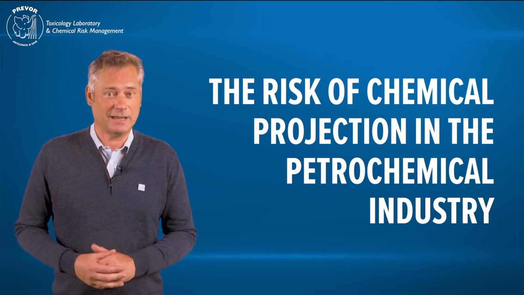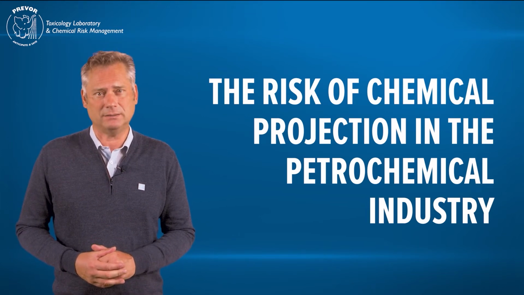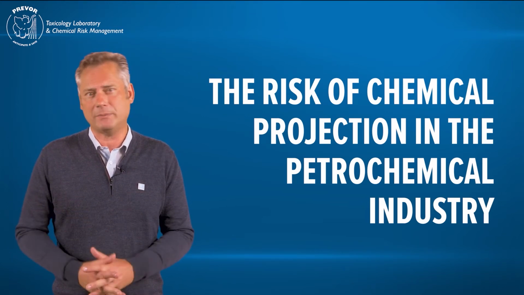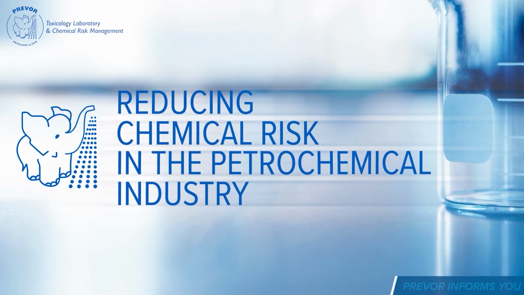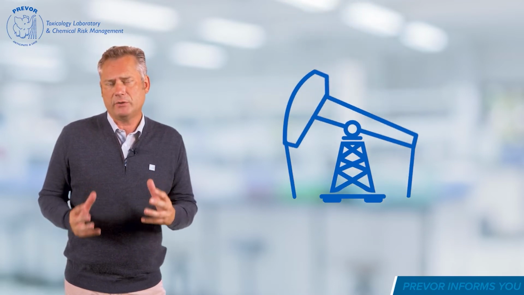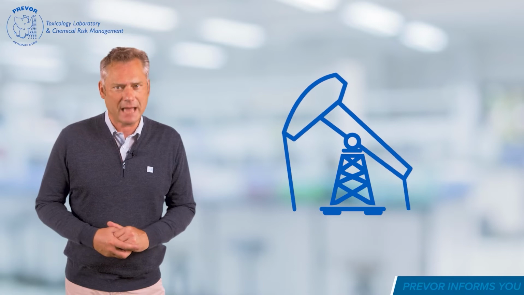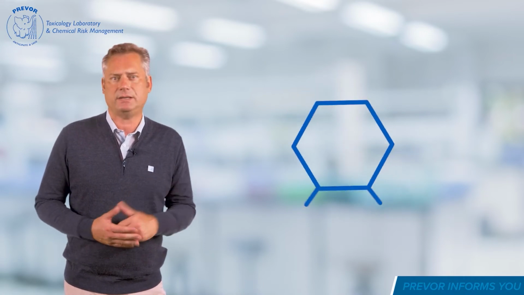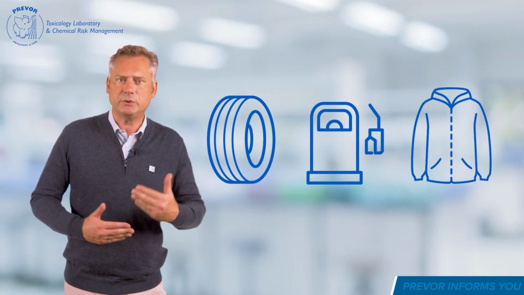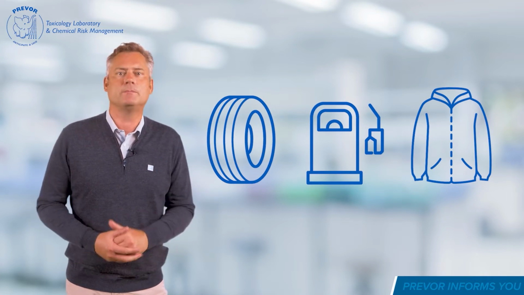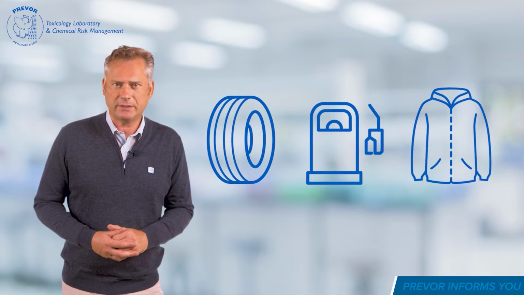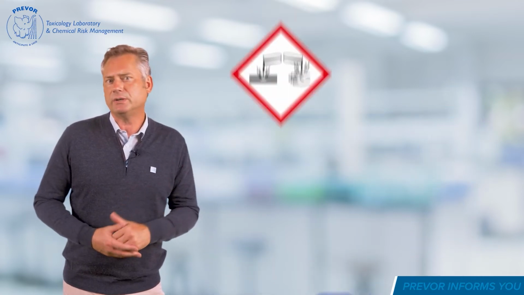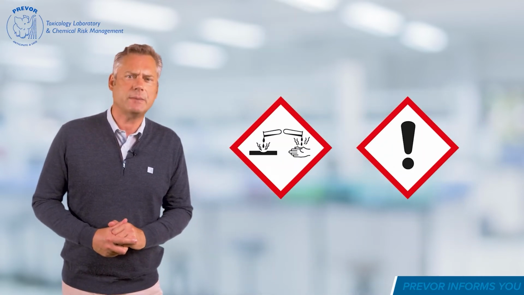Hello! Today I'll be showing you what risks are hidden in the chemicals used in the petrochemical industry. Together we will go through the different production steps, from the extraction of crude oil or natural gas to the transformation into various byproducts, such as kerosene or other chemicals that are then used in the production of plastics, for example. Then we will identify the steps that involve corrosive and irritant chemicals, which can cause a chemical lesion in